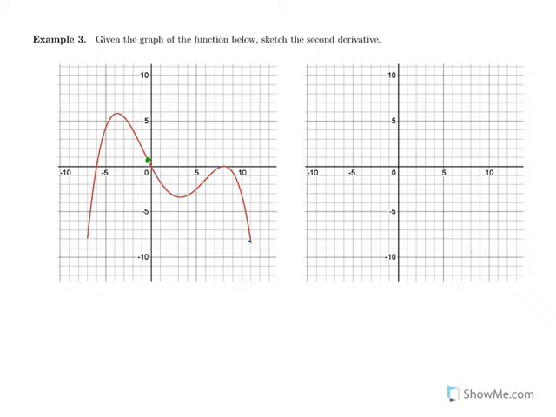So last example here, given the graph of the function, sketch the second derivative. So one way to do this is that we could sketch the derivative and then sketch the derivative of the derivative, but we're going to do it in one big swoop, just do the second derivative. So I need to figure out when is the function concave up and when is it concave down. So this function is going to be concave down